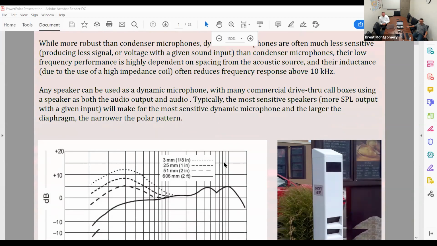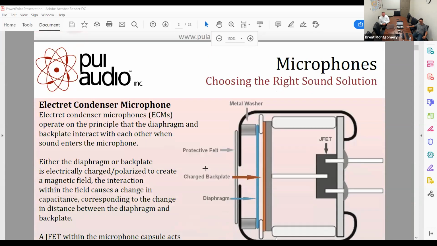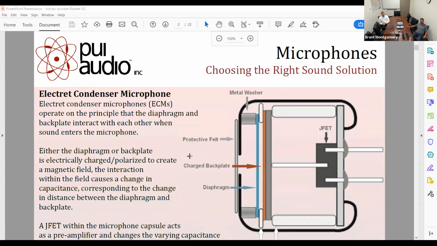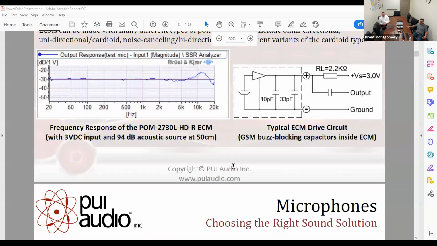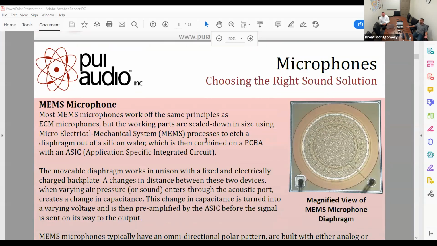The second most popular design that we have is what we call an ECM, or an electric condenser microphone. And this works on the same principle in that you have a moving diaphragm, and what that does is change the capacitance, and you use that change in capacitance to translate that into an audio signal for use. Last but not least are MEMS microphones. The MEMS microphones are pretty much built the same way as an ECM, in that you have a change in capacitance that you take and you turn that into something else.